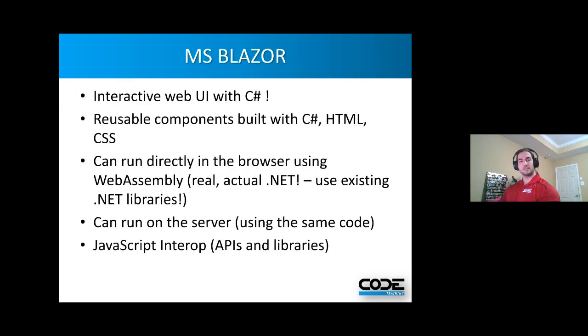Types of Blazor, what is it? Well, to begin with, it's an interactive web UI with C#. That's really the biggest news about Blazor. It's C#, right? You're no longer dependent on JavaScript. It's very similar to other SPA frameworks. It's building reusable components, but in this case, instead of JavaScript, we're using C# in combination with HTML and CSS. You can run it directly in the browser